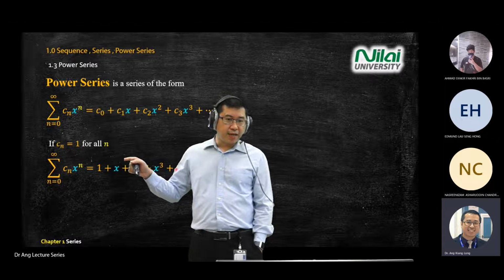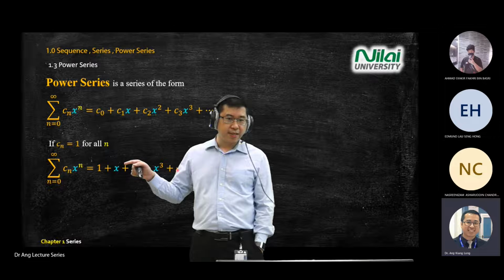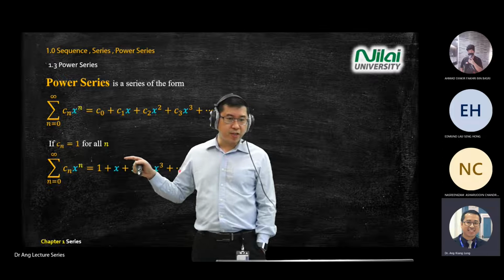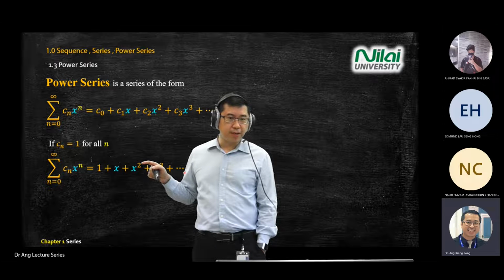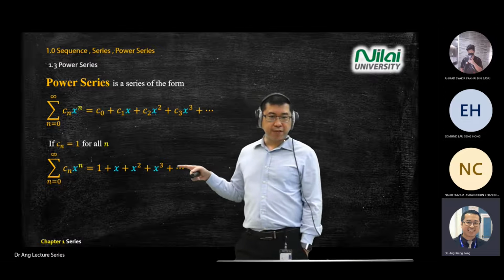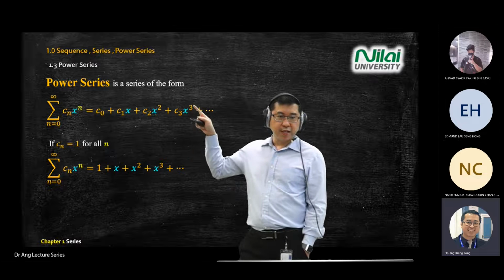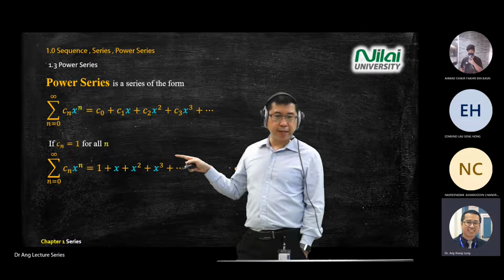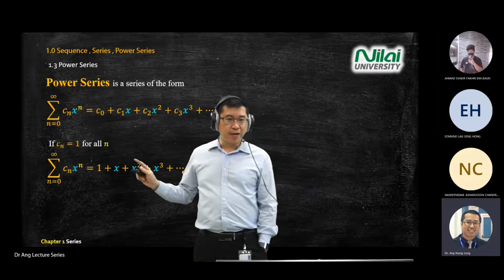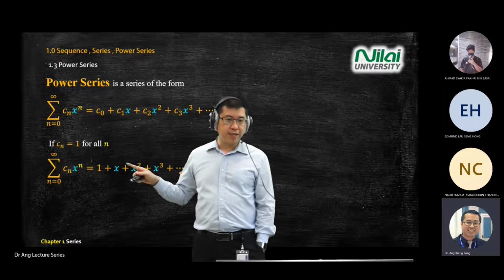And then you get x. Then the third number, you can see the third number become 2. So your n is 2 when the position is number 3. So it's a little bit different from the previous concept that we learned in series. So in power series, there's a different pattern here already. Previously, if your number is 1, your n is 1, but however, when it comes to power series, you can